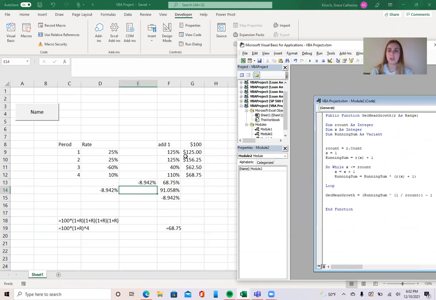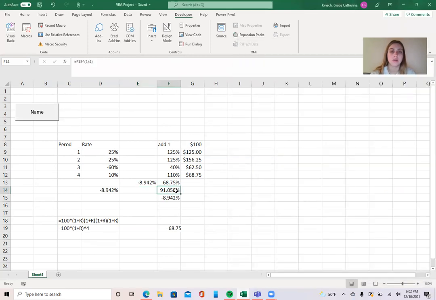So we're trying to calculate the geo-mean growth instead of the already programmed geo-mean in Excel, where you would have to add 1 to your growth rate, then you would need to sum up all of those, and then take the fourth root of it in order to get this rate, which you would then need to subtract from 1 to get this, which is our ultimate goal,